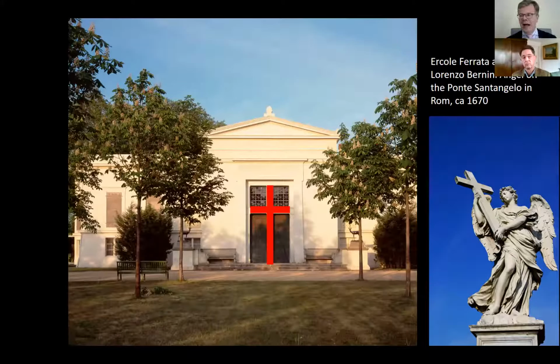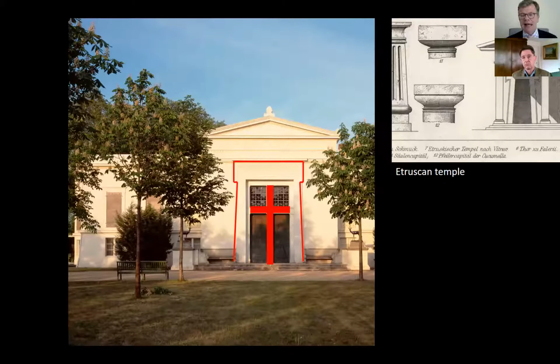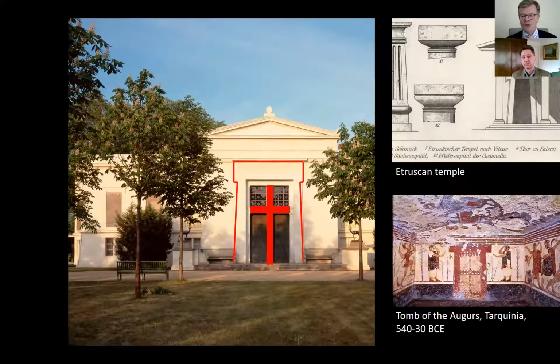And I just show you this now. But this cross we see here, which is a Christian cross, has a surrounding in this plaster frame. You can't see it very well, that's why I lined it out. This special door frame, and maybe you already came across this when you look at antique architecture, is an Etruscan temple door, which is exactly like this, built here. It's an old print showing you this. And also in Etruscan tombs, we find these doors